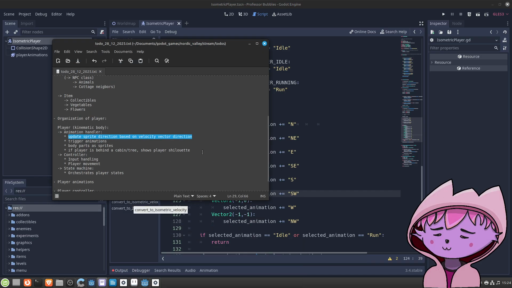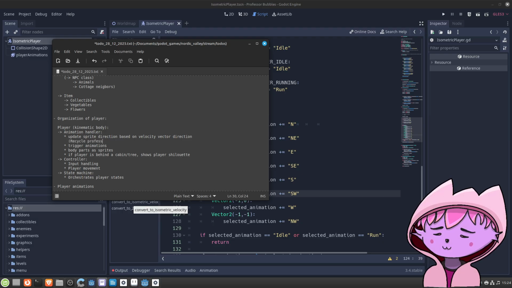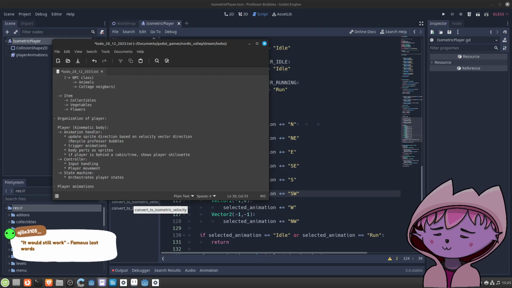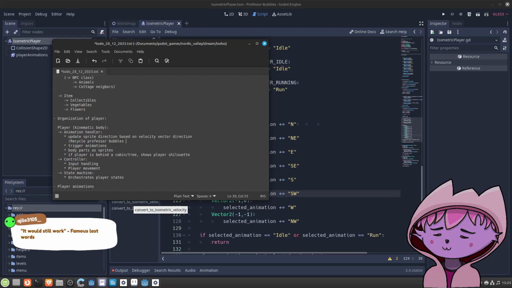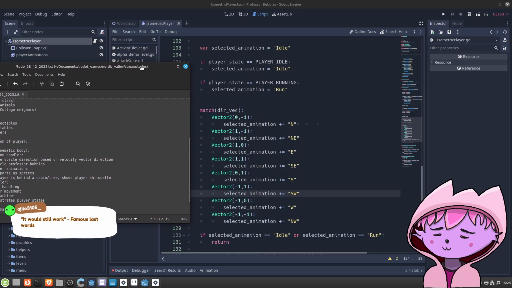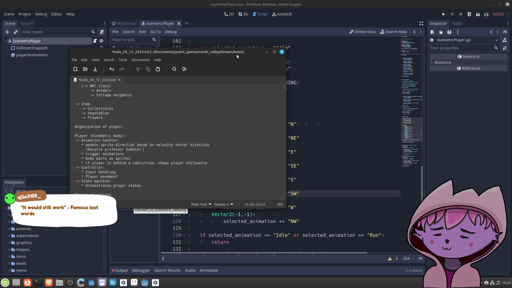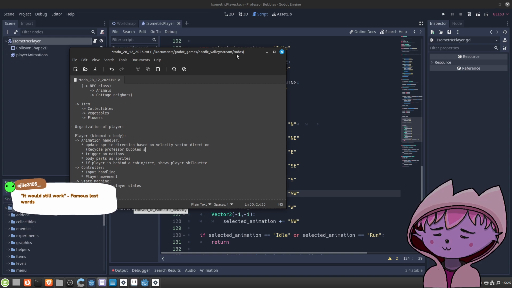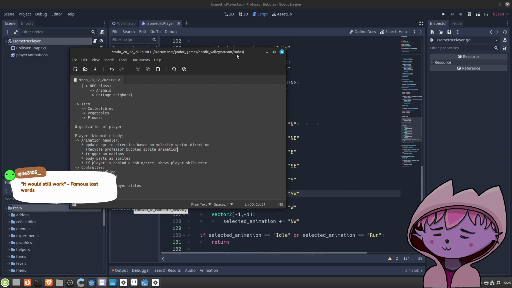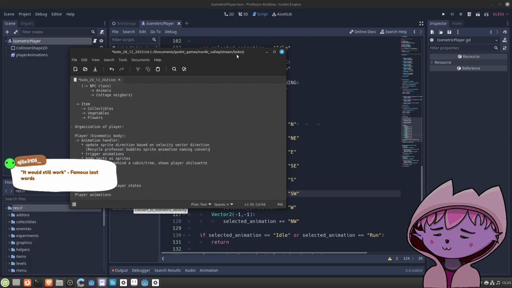So we are going to take that and recycle the Professor Bubbles sprite animation naming convention.